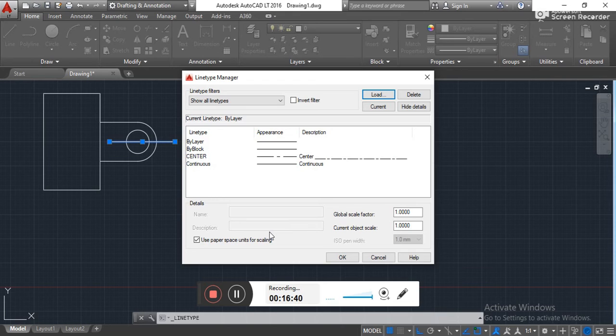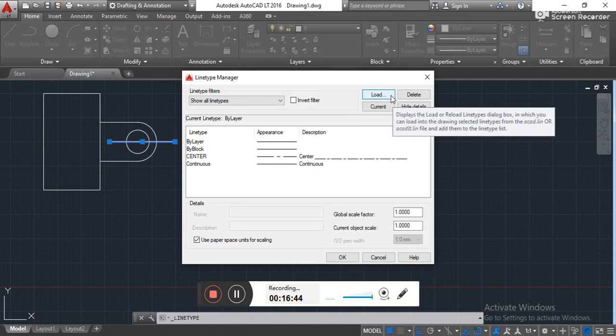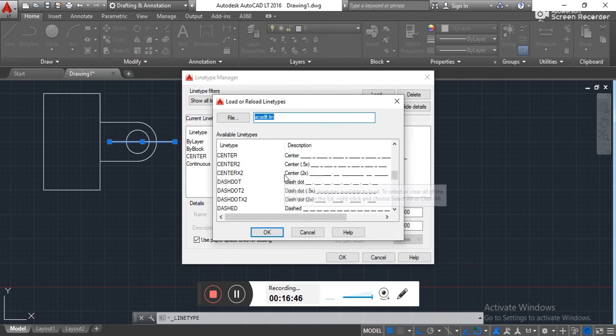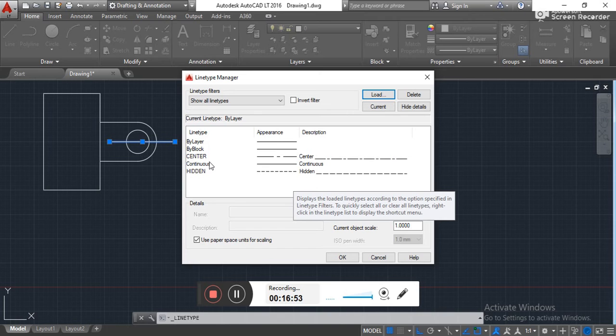In further drawing, we want to draw a hidden line as well, so let's load it there. Load hidden. Okay, so we have continuous and hidden line as well.